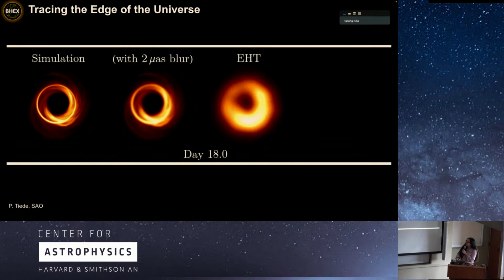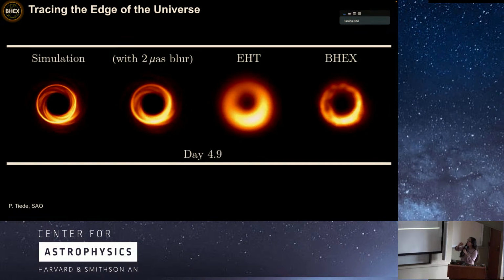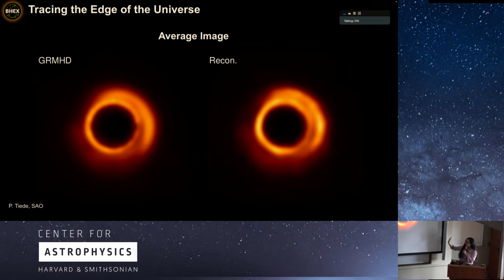And in fact, this is what the EHT would see in these kinds of simulations, where we would expect a sharp photon ring. The EHT kind of washes it out because we don't have sufficient resolution to resolve it. But with BHEX, we'll be able to actually see movies of gas around the black hole and the photon ring popping out. And in fact, these beautiful reconstructions by Paul Tiede show this bright photon ring feature coming out, and this is the kind of image we would expect from adding the BHEX extension to the EHT and measuring the spin of M87 and Sagittarius A*, in order to link this entire story of the Blandford-Znajek process and the launching of jets and magnetic fields. So this is where we're going in the next decade.